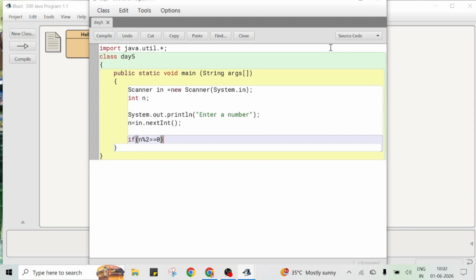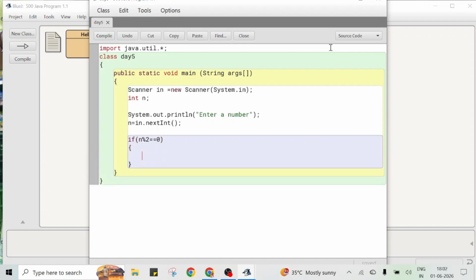Now, what is the purpose of this, or what is the meaning of this? n mod 2 equals 0. That means if I divide n by 2 and the remainder is equal to 0,